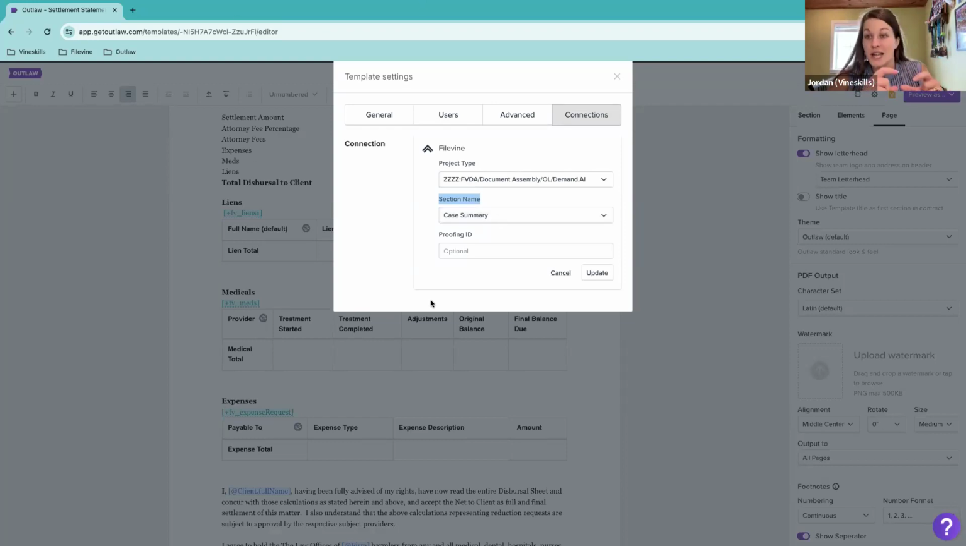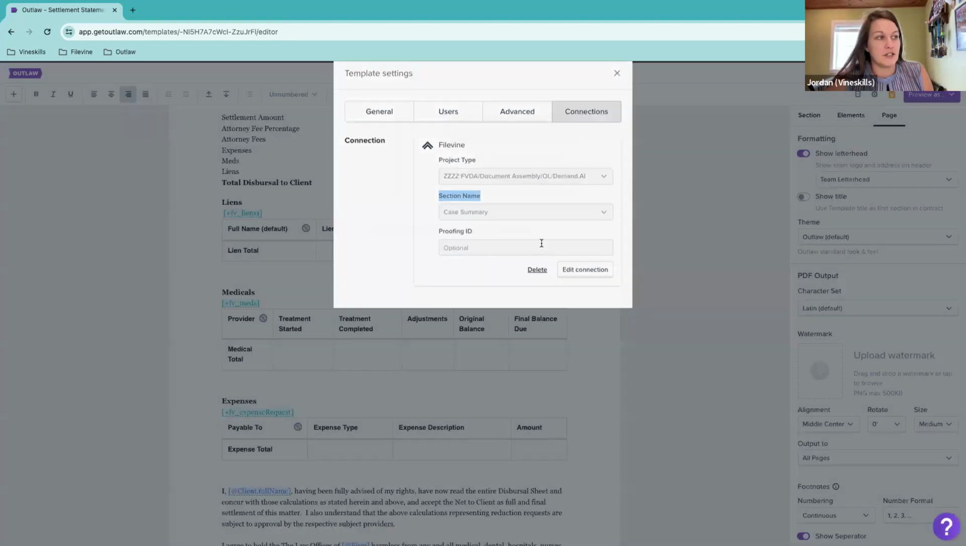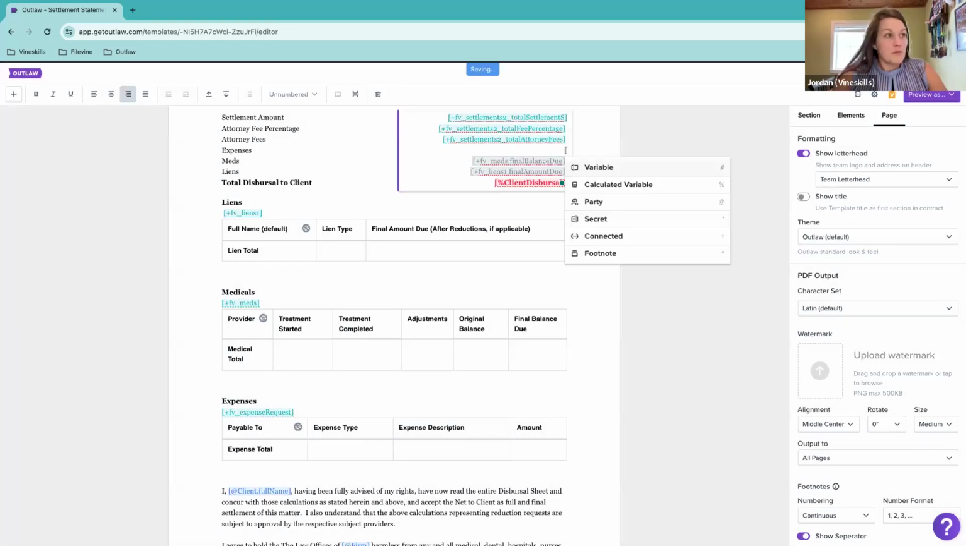And when I say widget, it's just that button that you're going to push to generate. So you can embed that there and generate this settlement calculator or disbursement sheet. Once we've made all those selections, you would just hit update or make connection and you'd be good to go. But basically here, just getting back into how to add in that